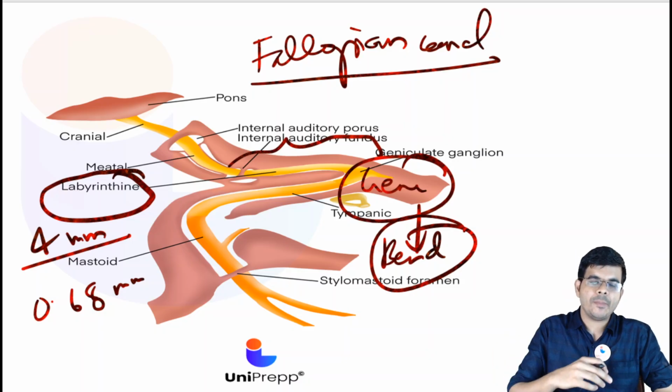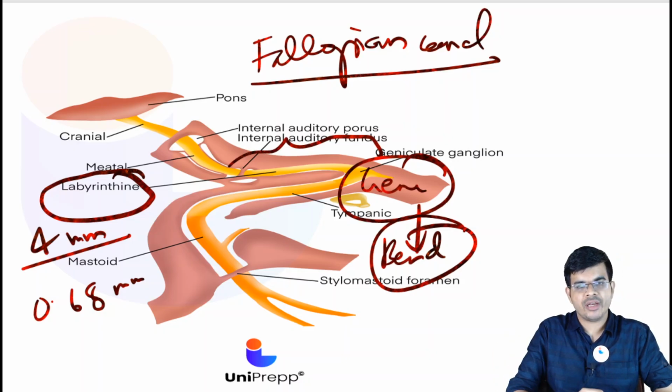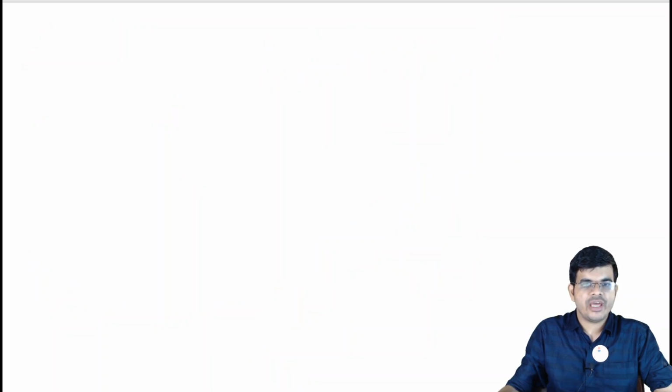It is the intratemporal part of the facial nerve that is the most important. So let's go into its details. We know that the intratemporal part of the facial nerve consists of, first of all, the meatal segment, and from there it goes into the labyrinthine segment, and then you have the